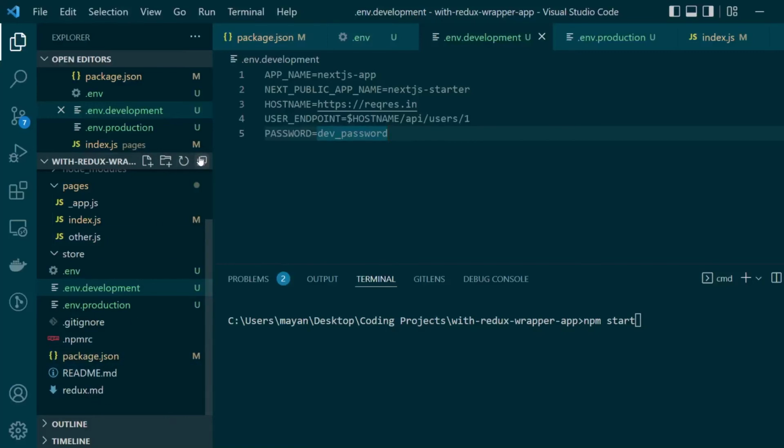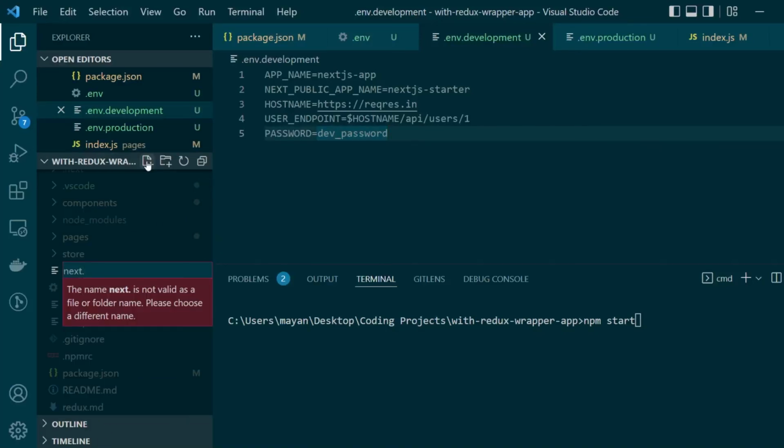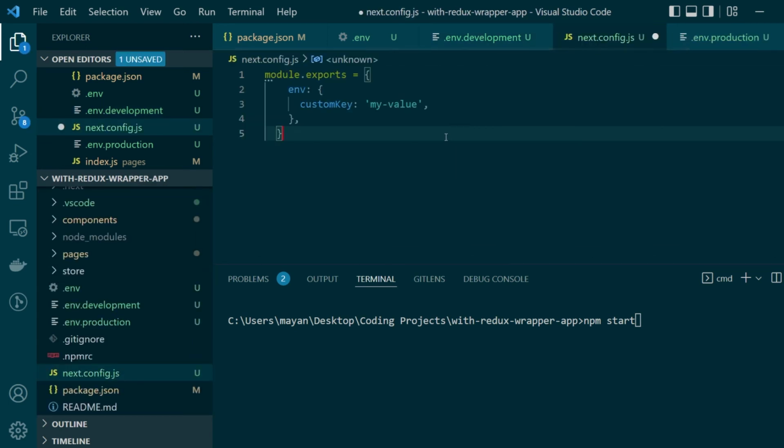So I'll go back to our project. In the root directory, I'll create next.config.js. And all this file needs to do is export an object with the key env. And this env key stores an object with the actual environment variable key along with their values. So following the standard naming convention, I'll create an environment variable called secret, and I'll keep the value as